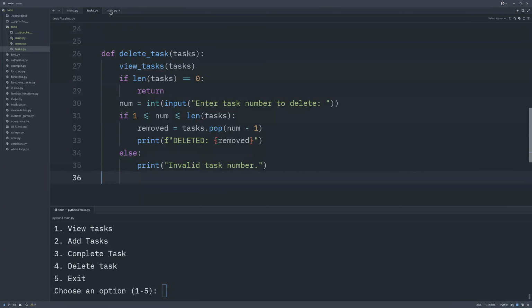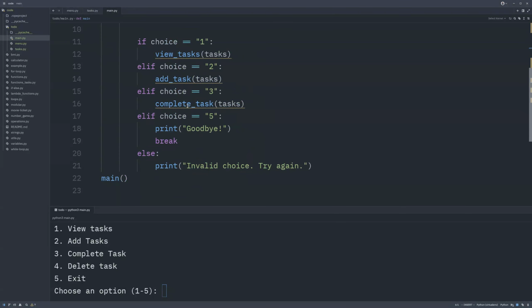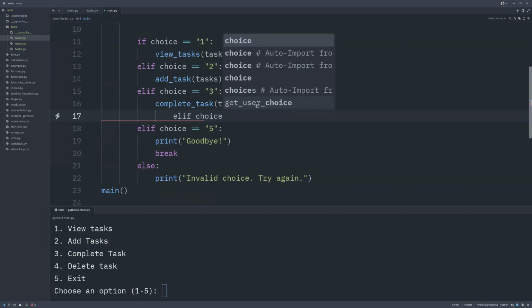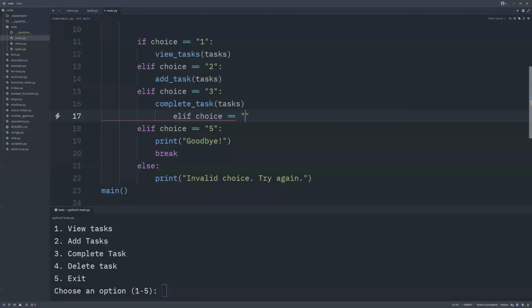And let's go to main.py, complete task here. And okay, so here I did not implement the logic for deleting the task. That's why it's not getting anything. So I'll just add an elif. Okay, it should be at this point. Sure, so elif, and where are we getting all this? Choice. So if the choice is 4,